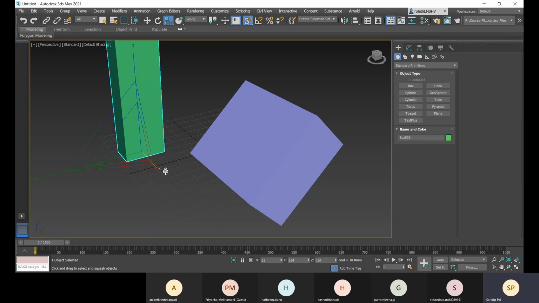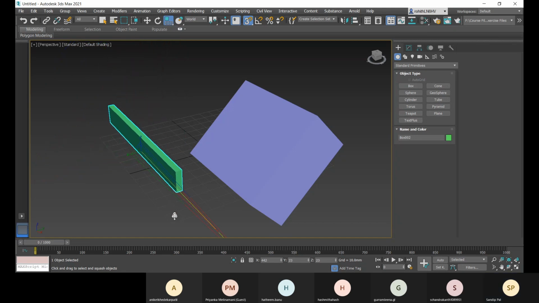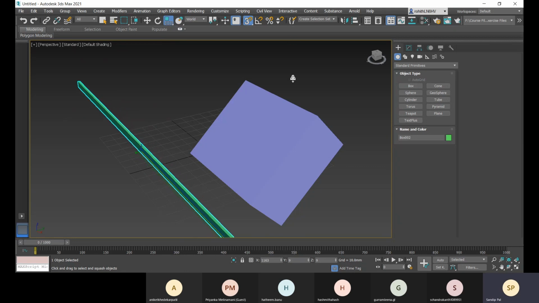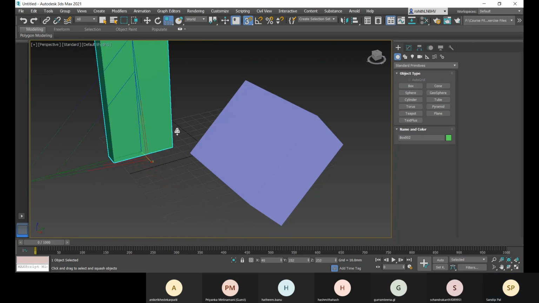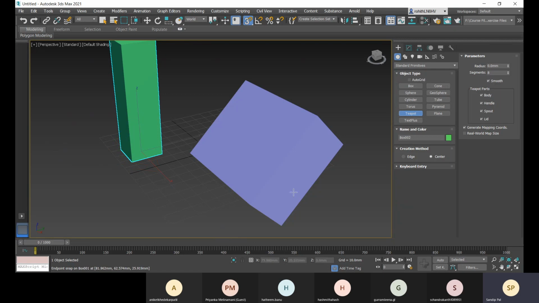That is the meaning of squash. And when I'm decreasing, the other two axes, y and z, are being increased. So this will also help you to transform and modify your object. That can be applied to the teapot.